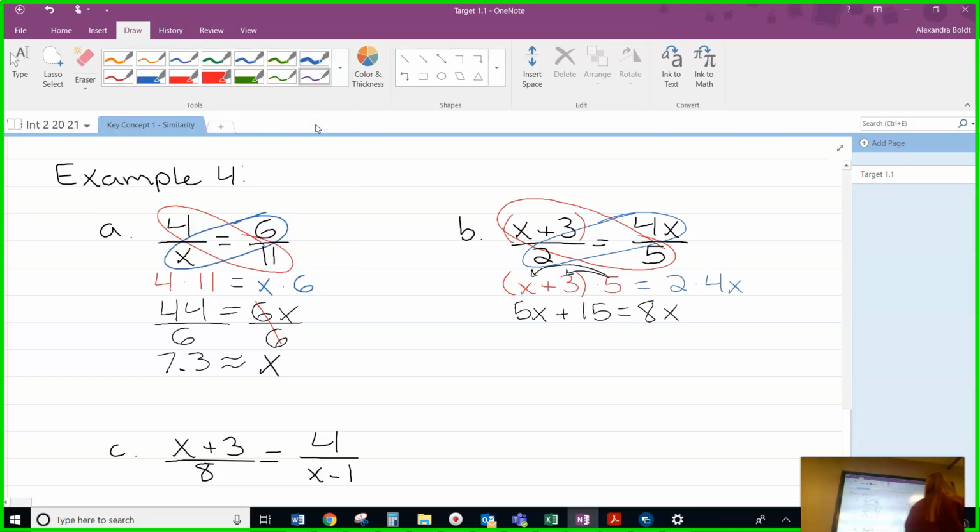Okay, one thing to note is if you have x's on both sides,